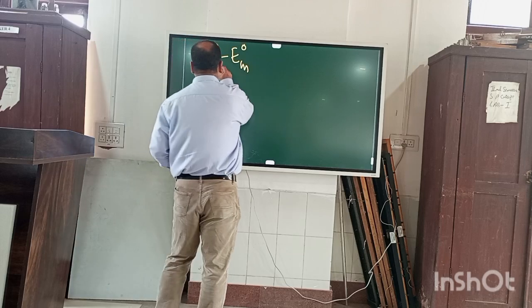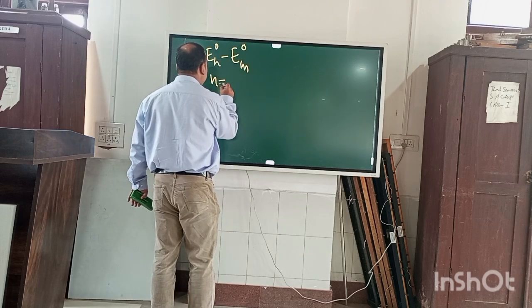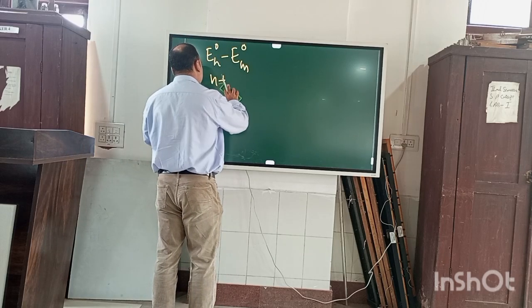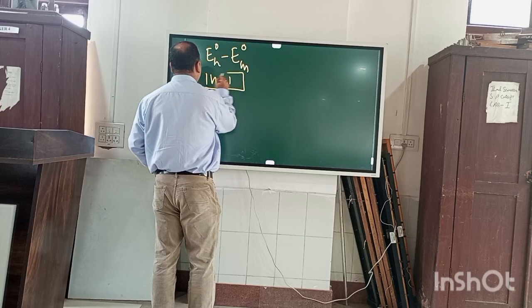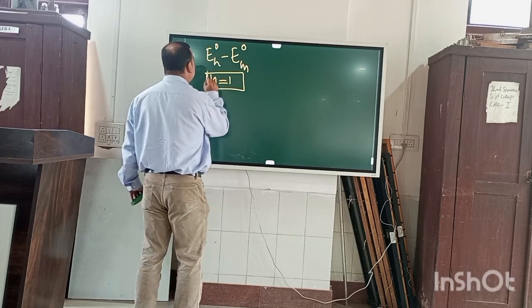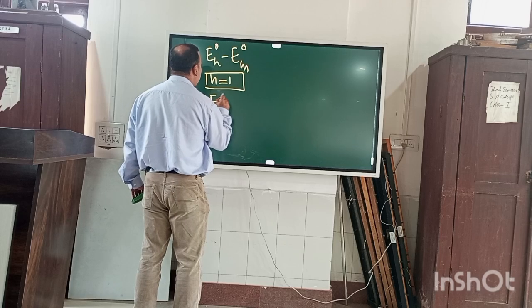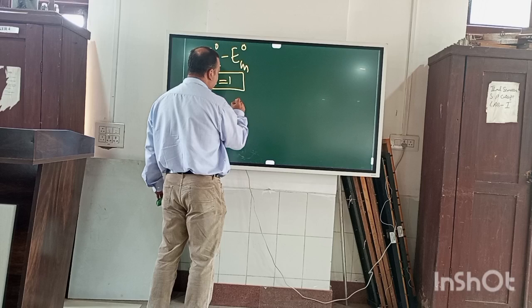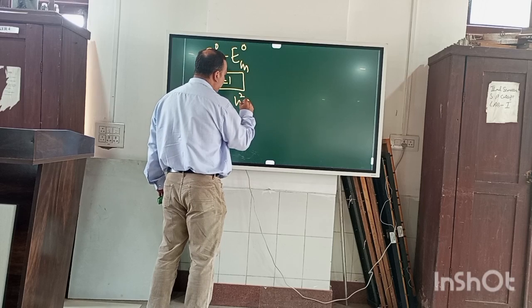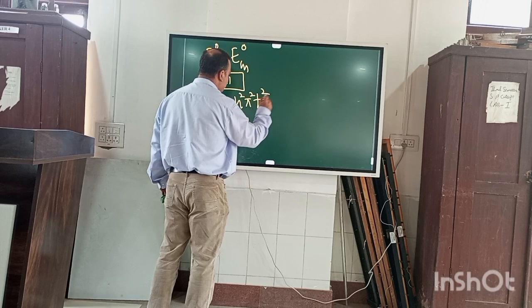So in that case, this n will be equal to 1. So this small n will be equal to 1. And we already know that the energy of the unperturbed system is given by n squared pi squared h bar squared by